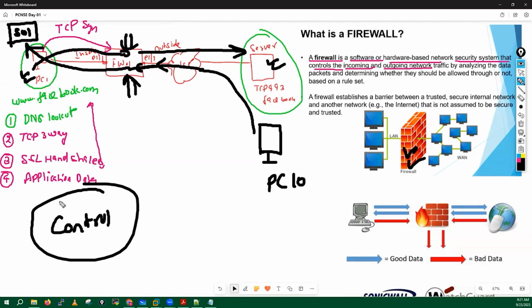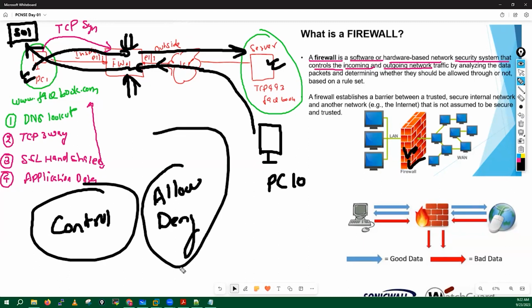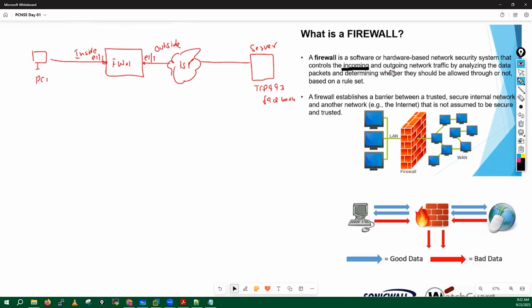Let's suppose I want to control someone, then what will this firewall do here? Control means it can either allow the traffic or deny the traffic, right? It can perform these two activities: allow the traffic, deny the traffic, or inspect the traffic. That is one more term, but I'll cover that later. So your firewall will basically control the incoming and outgoing request by